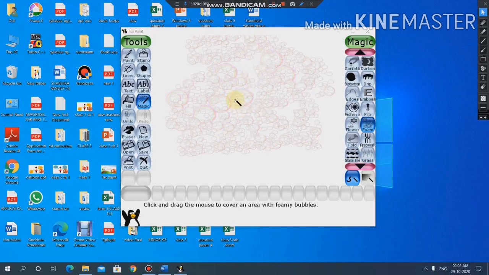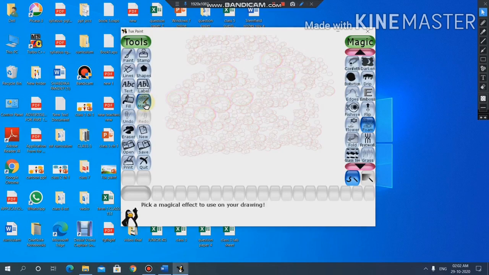Next is a grass tool. Yes, grass magic tool. What is the use of grass magic tool? It is used to make grasses. And children, the one thing you have to keep in mind is that grass effect is used to make grasses, but only in green color. Okay, you have to select the green color. It will make green colored grasses only.